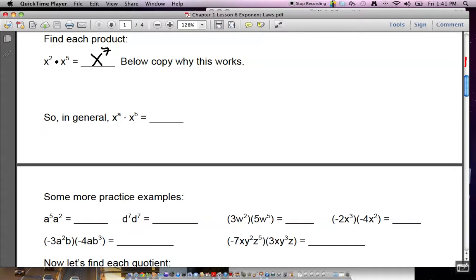Ready? What is x squared? X times x. What is x to the 5th? X